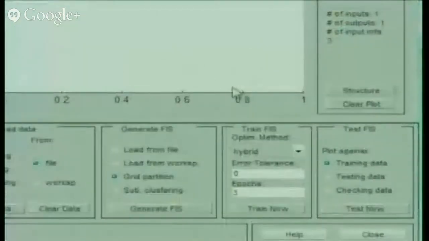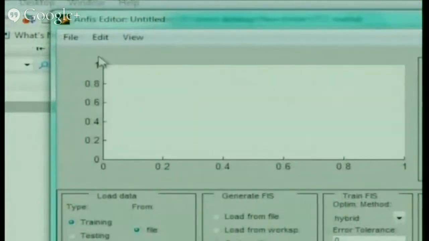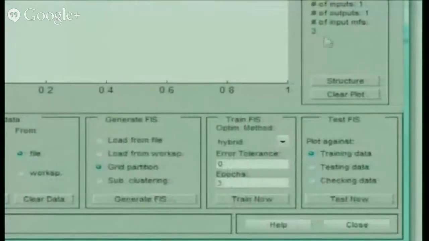So for ANFIS, as I already told you, the syntax is anfisedit. So on clicking anfisedit, this ANFIS editor window will open. Once again, I'm just showing you this ANFIS editor. Okay, so this is the window of the ANFIS editor. Now what you have to do is, in this also it is very simple, you have to load the data. Okay, when you're loading the data, in the case of neural network, you had input data separately and output data separately. Here you will be loading it together.